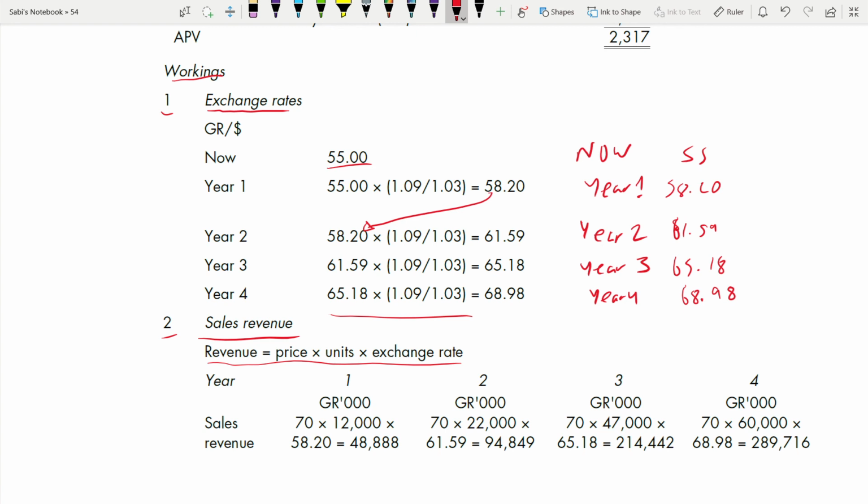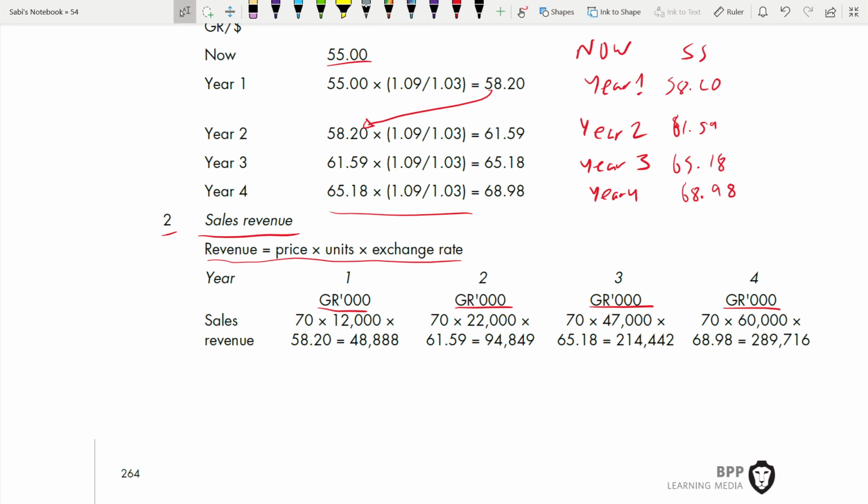You can actually see whether the exchange rate you have picked is correct or not, whether the price you have picked for each year is correct, whether the units you have picked for each year are correct. Since the selling price is $70, it's not going to change for all the 4 years, 70 only. Here also, this is very important: drop the 3 zeros. You can even work with the 3 zeros, then you don't have to write this on the top, if you are including the numbers as they are, writing all the 3 zeros at the end, like in millions you are dealing.